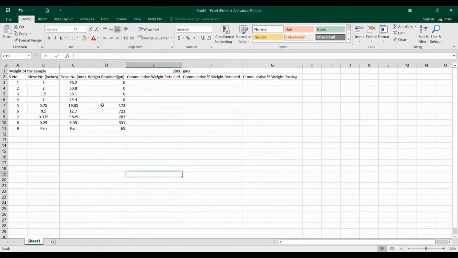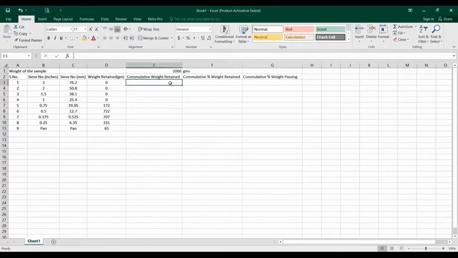And for cumulative weight retained, first you have to make it in the center. You can see at 0.575 inches we are getting 172, then 707 at 0.375 inches, and at 0.25 weight retained is 331. So we are getting the maximum at 0.5 inches, so we have more size of 0.5 inches as compared to the other sizes.